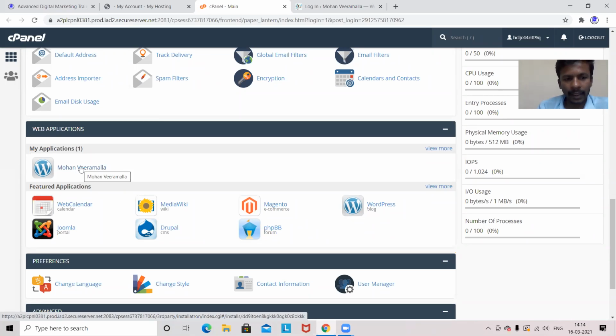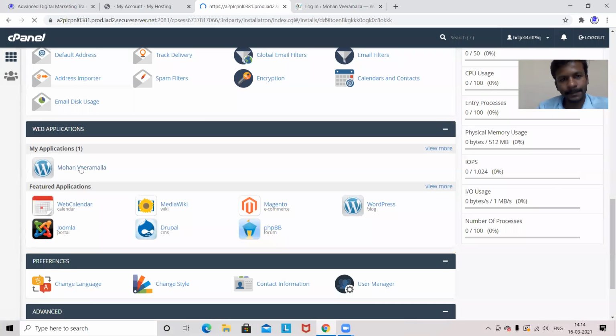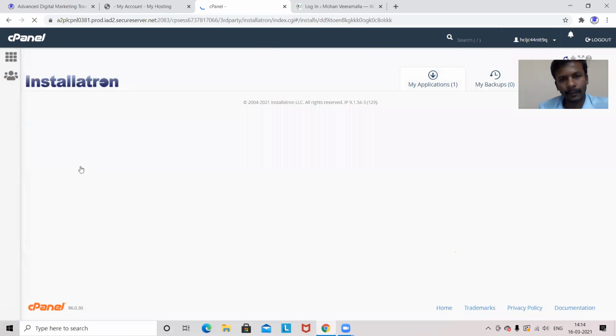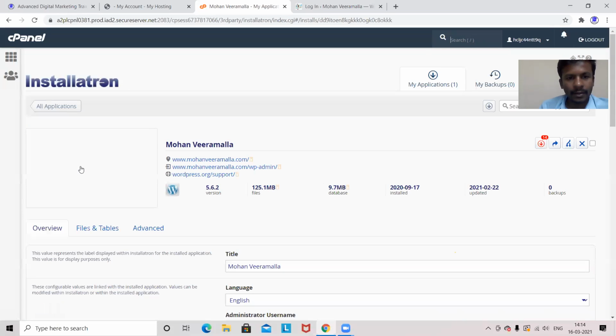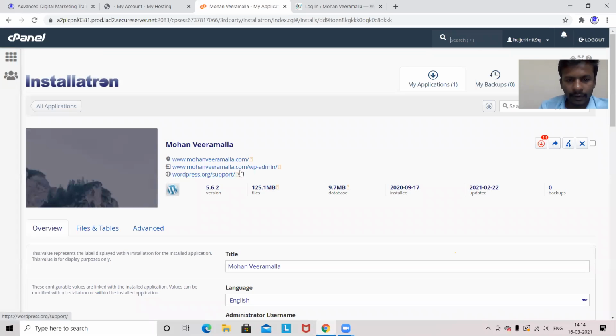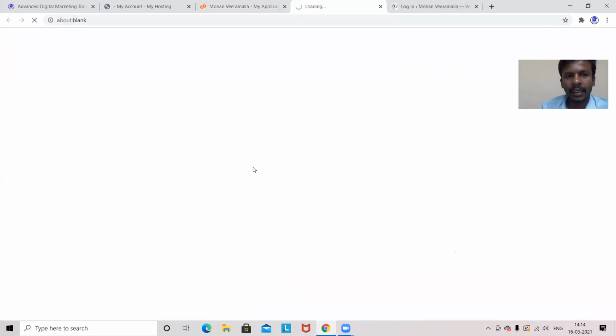So from this application I can go again to this dashboard directly. Yeah. So this is the installed application I have. So if I click on this, see here you can see the URL. So this URL, when I click on this, immediately I'll be redirected to the dashboard section of the particular website, mohanviramala.com.